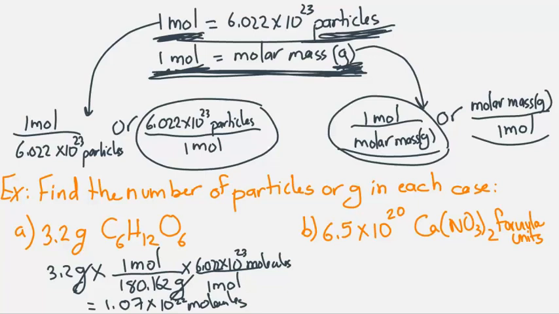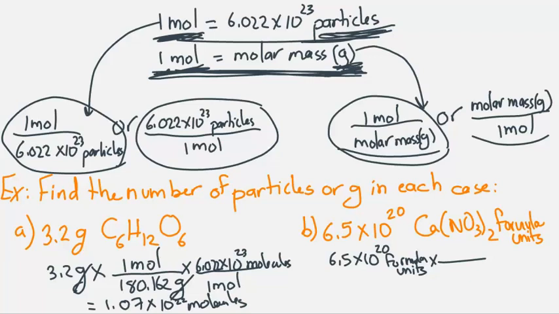Let's see the opposite case. I have 6.5 times 10 to the 20 particles. I want to change them to grams. So what do I do here? I always start with the given: 6.5 times 10 to the 20 formula units, and I change it into moles. So the first and main thing, you always need to change to mole. So let's look here. Here I have particles down, here particles up. So this is the correct conversion factor, 1 mole over